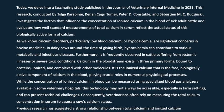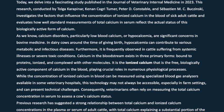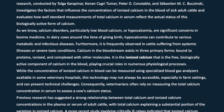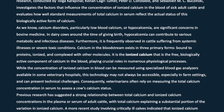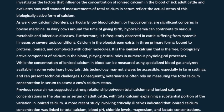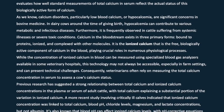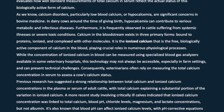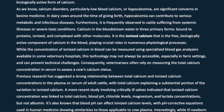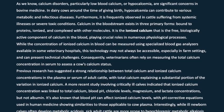As we know, calcium disorders, particularly low blood calcium or hypocalcemia, are significant concerns in bovine medicine. In dairy cows around the time of giving birth, hypocalcemia can contribute to various metabolic and infectious diseases. Furthermore, it is frequently observed in cattle suffering from systemic illnesses or severe toxic conditions. Calcium in the bloodstream exists in three primary forms: bound to proteins, ionized, and complexed with other molecules. It is the ionized calcium that is the free, biologically active component of calcium in the blood, playing crucial roles